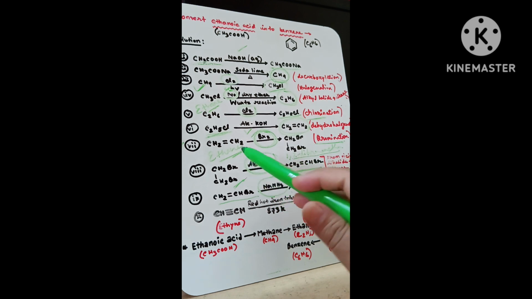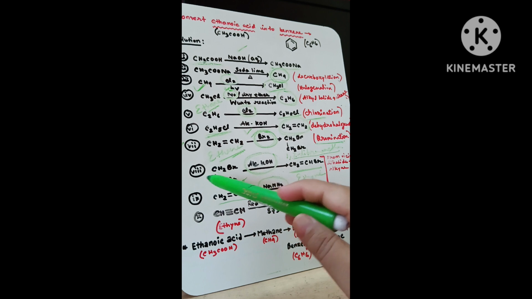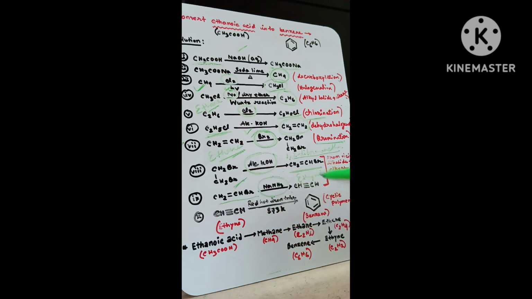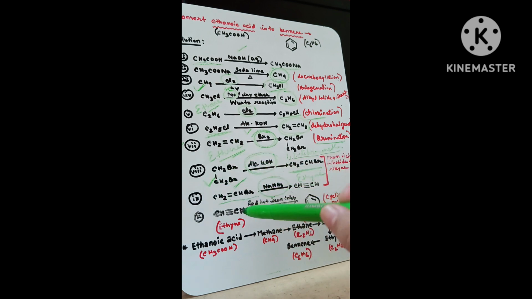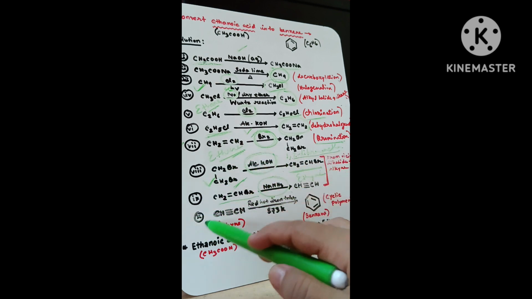So this is basically a vicinal dihalide. So in this process, ethyne is produced from a vicinal dihalide, and then after that this ethyne